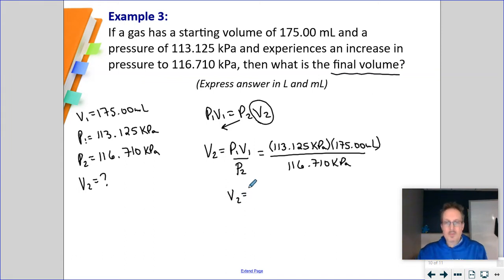So 113.125 times 175, enter, divided by 116.710. And my full calculator number is 169.6244966, kilopascals on top, kilopascals on bottom. My unit's going to be in milliliters. I go back to the original question: 5 sig digs, 6 sig digs, 6 sig digs. So this is a rare large number of sig digs. So we're going to put it into 5,